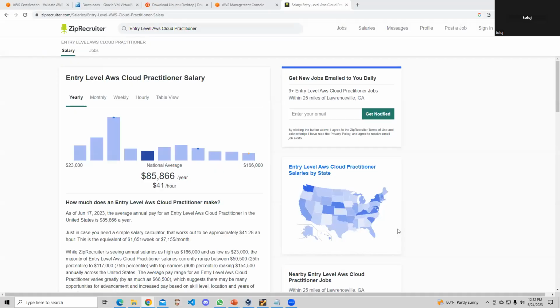Basically, in regards to the current statistics that we have for cloud, salary payments for somebody with particular certifications, whether you're starting as a cloud practitioner or you're starting as a solutions architect, this is relatively what you're looking at in terms of compensation. It could definitely be more depending on the organization or the type of organization you guys are joining, right? So to be able to get this entry-level AWS cloud practitioner job, it is not easy,